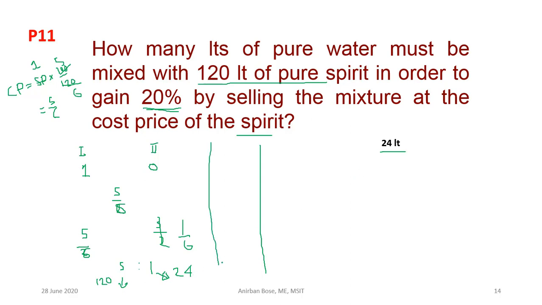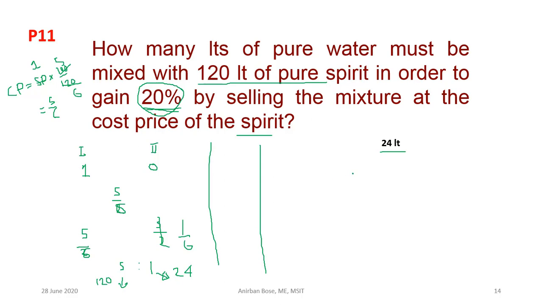Okay, so the same problem you can do in a different way, but you have to remember this kind. This is basically a 15-second problem. So how can you do that? Remember that if spirit or wine, whatever is there, if the pure is there, then you are mixing some water and diluting, but you are selling it at the cost price of that spirit or the wine, whatever may be given. In that case, they will always be mixed in the ratio of the gain percentage. Okay, so just try to remember this specific type.